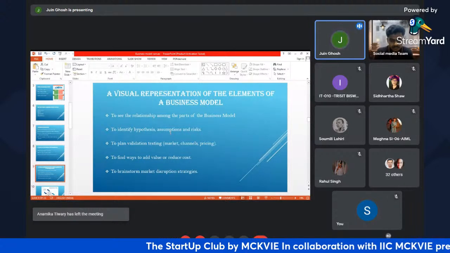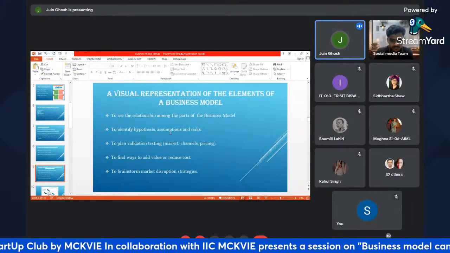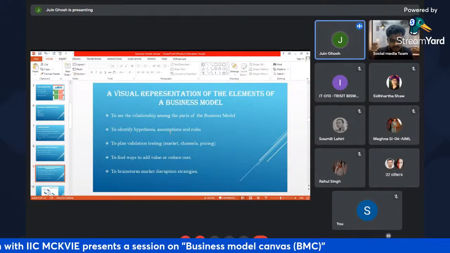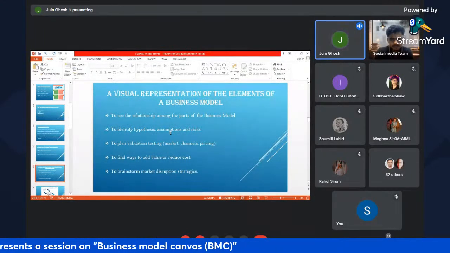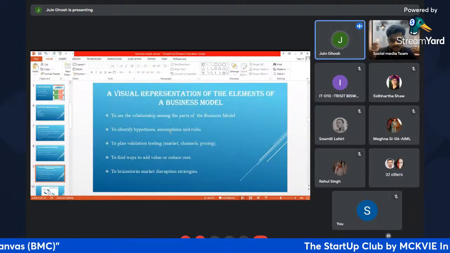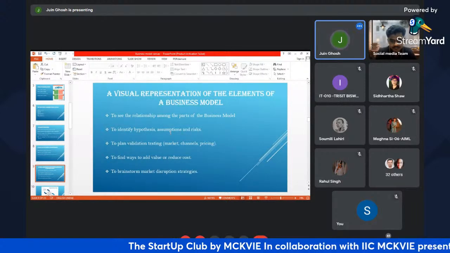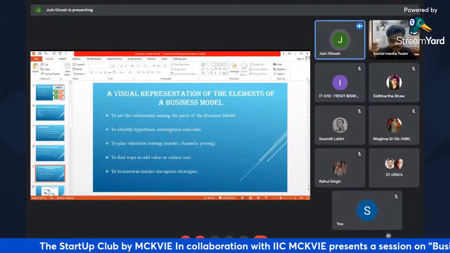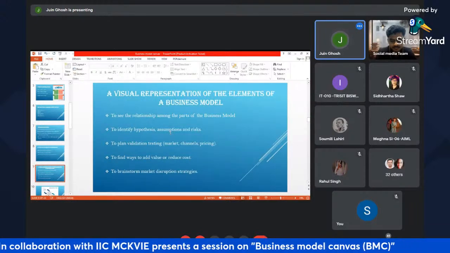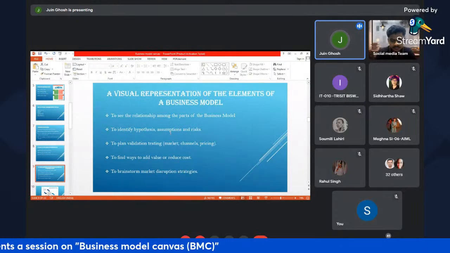Then only you can frame the channels and the pricing, because when you are fixing up the price, you need to be well aware about the competitor's product also. And if you are charging more compared to your competitors, you will be losing the customers. But if you can convince the customers about what added features you are providing, then the things become very clear, right? Because you need to justify each and every